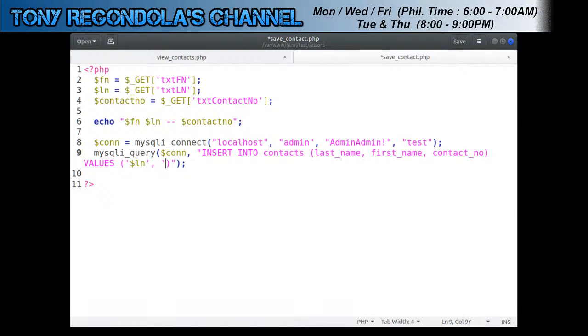And then we have the $FN, because these are the variables that we've used from here. We have assigned this value into these variables, okay? And then we have the dollar contact or contact number, and then that's it. Okay, so we are going to save this now, but before we finally execute this, let's check first our